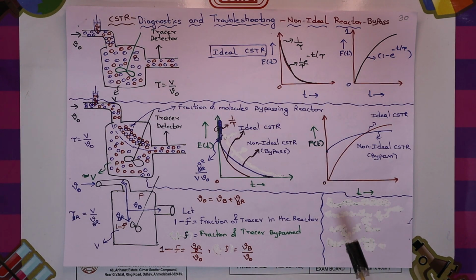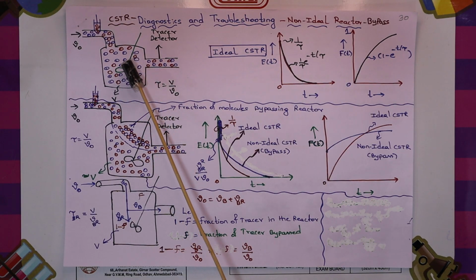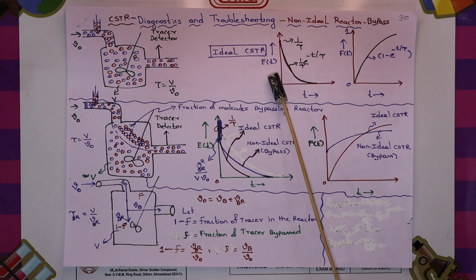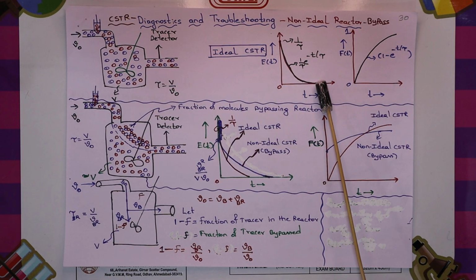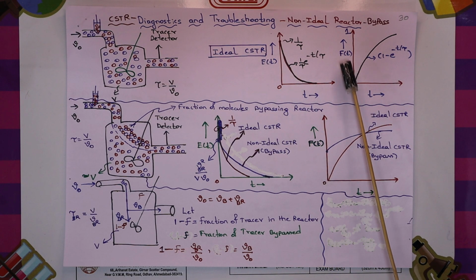Okay. Imagine we are discussing the non-ideal CSTR. Let us take the ideal CSTR as the reference point. Ideal CSTR has no non-idealities. That means mixing happens everywhere equally. So the E of t curve will look in this fashion, an exponentially decreasing function, and f of t will slowly